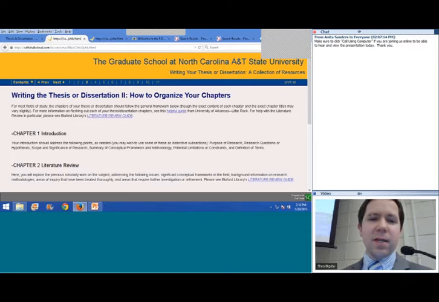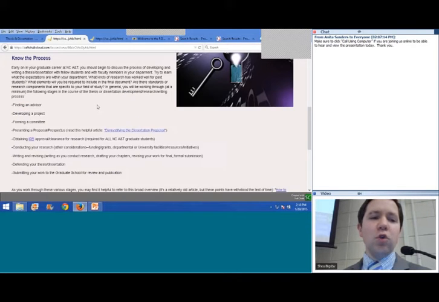As I said, there are resources for each step on this page. A couple things I want to highlight as we go through these. Two quick things. Now, many of you are already somewhat along the way in this process. You found an advisor, you have a project. Some of you maybe even already planned your defense. That's great. That's all well and good. Two important things to keep in mind for PhD students only, not for master's students, but for PhD students. If you're planning on graduating this calendar year, whether it's spring, summer, or fall 2015,